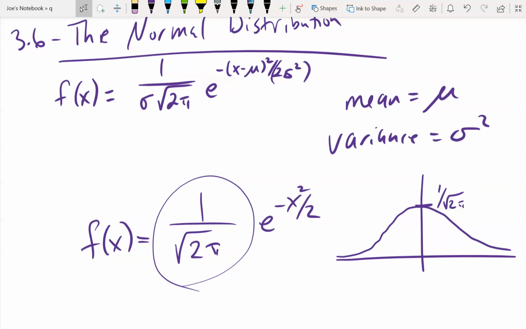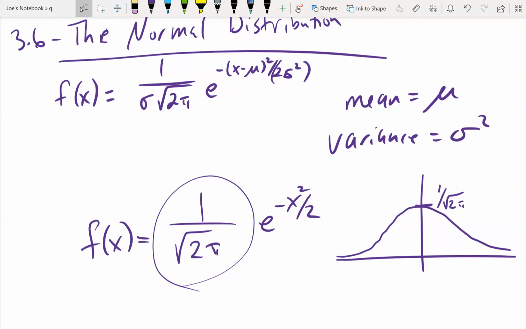Yes, Sam? That's the standard deviation, right? Or is it? The one that's out in front is the standard deviation, yeah, because it's the square root of sigma squared. As a matter of fact, you'll see other books write this as sigma squared inside the radical, rather than a sigma outside the radical. They have the sigma squared inside the radical? Yeah. It bothered the authors too. They put it outside. Okay.